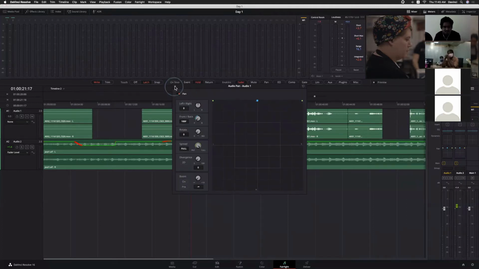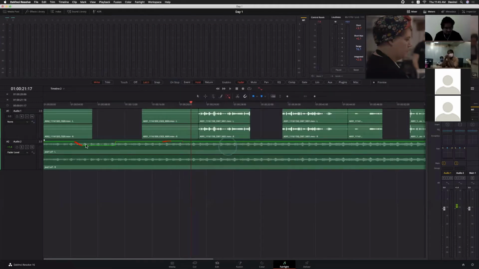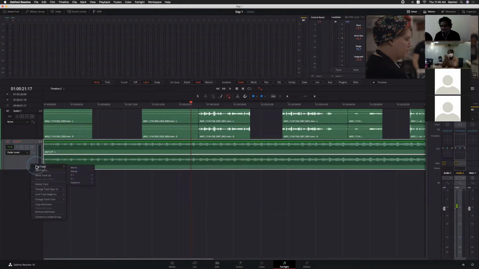Okay, so close. Now, instead of doing it in the edit page, if you want to add automatic keyframes, we have that option only in the Fairlight page. The Fairlight page looks a little bit easier, right, when compared to yesterday? Managing tracks and everything. Here itself, we can add tracks, same like in the edit page, right?